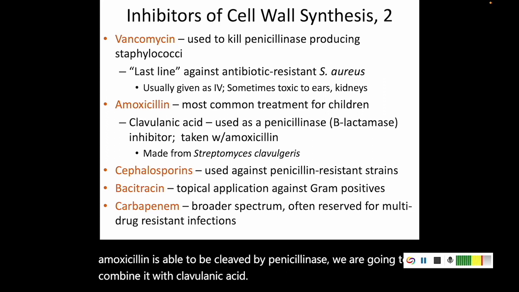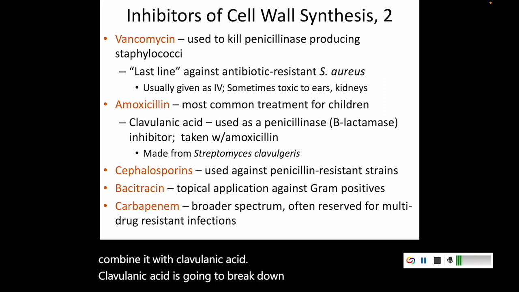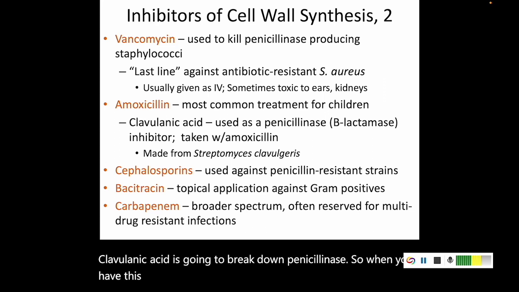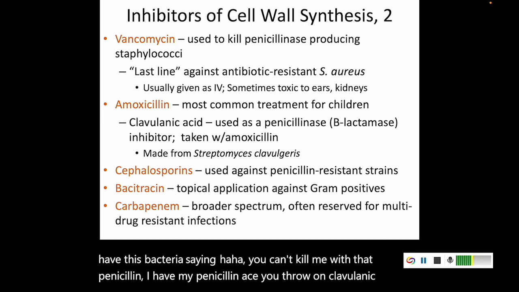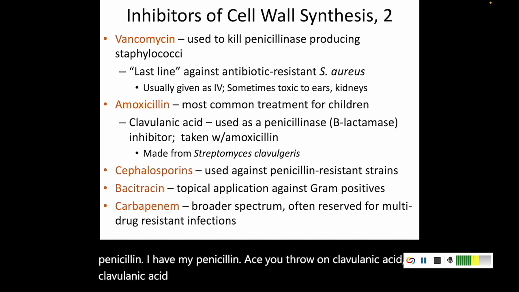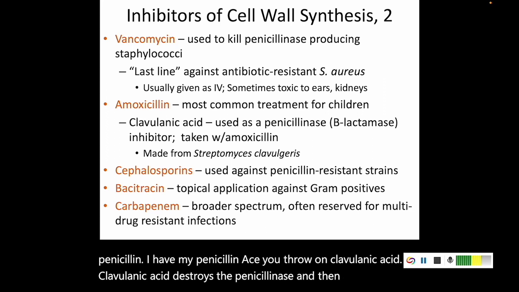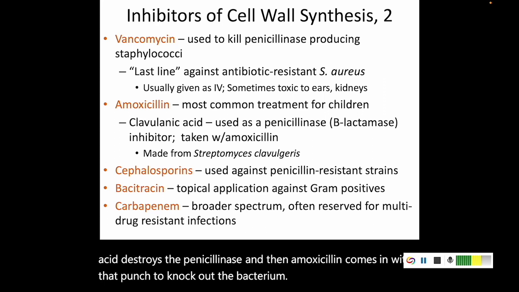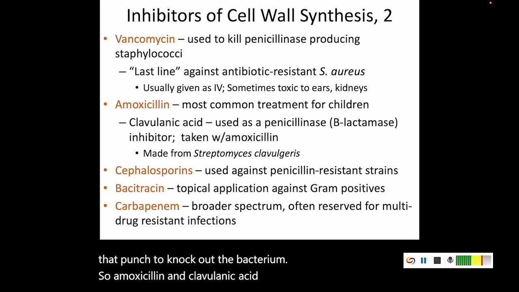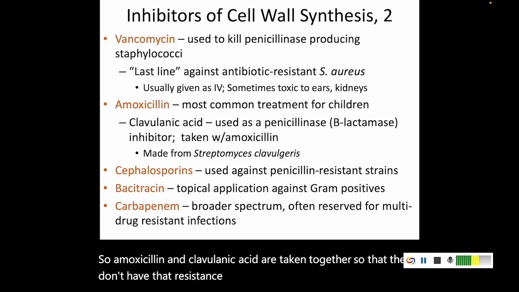Clavulanic acid is going to break down penicillinase. So when you have this bacteria saying, you can't kill me with that penicillin, I have my penicillinase, you throw in clavulanic acid, which destroys the penicillinase, and then amoxicillin comes in with that punch to knock out the bacteria. So amoxicillin and clavulanic acid are taken together so that they don't have that resistance from bacteria. Clavulanic acid is made from Streptomyces